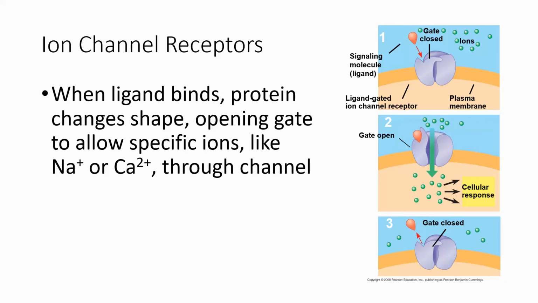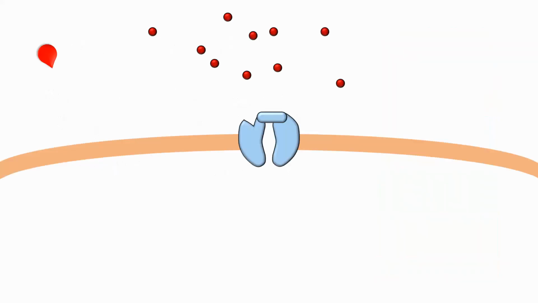So once a ligand binds, opens up a gate, that's going to allow ions to pass through. That can change concentrations of ions, that can change electrical charges, that can allow things like calcium to come in and affect things further on in the cell. So there's a lot of things that can happen when these ions move in or out. And so then you have the ligand dissociate, and then the gate closes up. So let's look at that